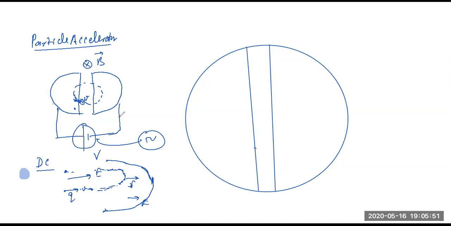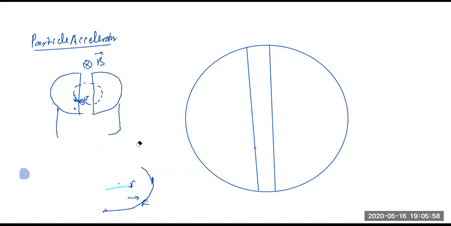So that means which kind of signal do we need to apply here? Alternating. AC, right? So we need to apply an AC signal. I'll tell you how an AC signal will help. What will happen is that when the particle is doing this journey, I want my electric field to be like this, right? And when my particle does the other part, I want my electric field to shift in the opposite direction.